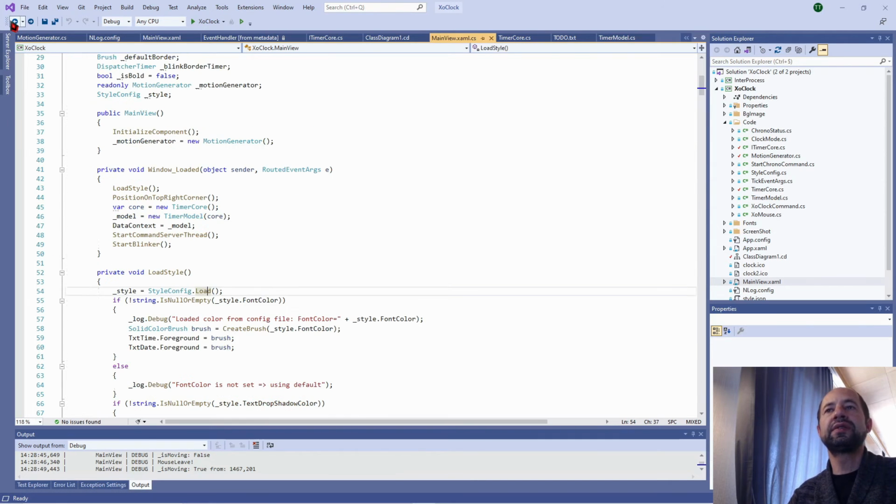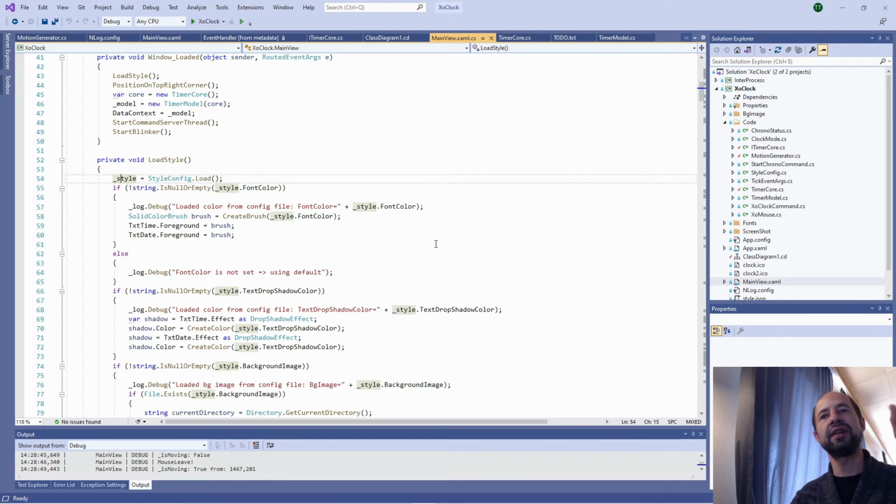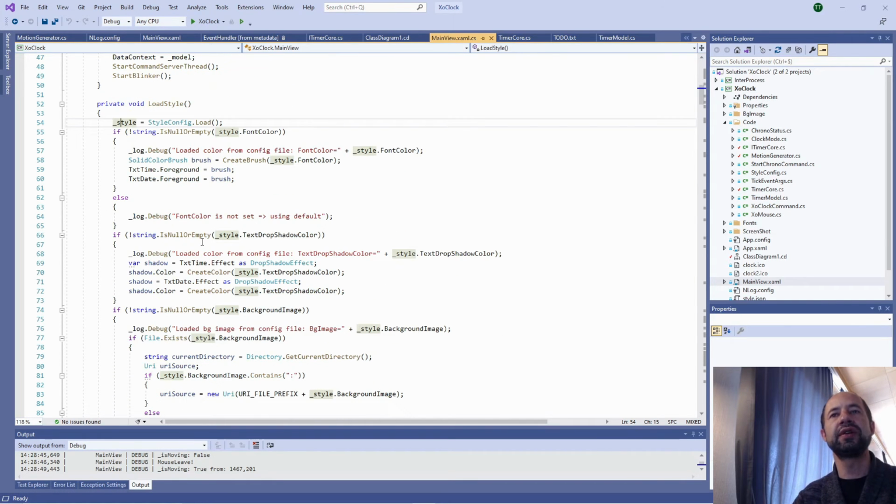It is giving these objects, and then at different places in the code, I am going to update. So here you see the text is filled, and I'm going directly to update the properties of the XAML object.